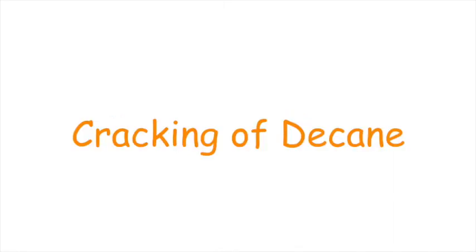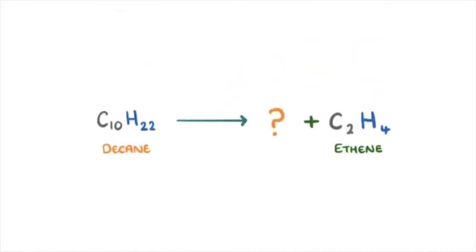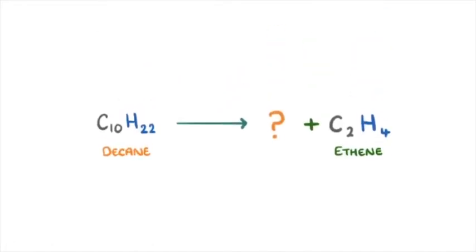An example of this process is the cracking of decane. We have a long-chain hydrocarbon, decane, and the products will be ethene with an unknown alkane. All we have to do is work out how many carbon and hydrogen atoms our unknown alkane must have. To do this, we just take away the number of carbons and hydrogens of our known product, ethene, away from the reactant, which is decane, and whatever is left is the number of carbon and hydrogen atoms our